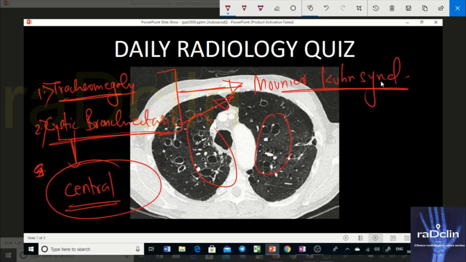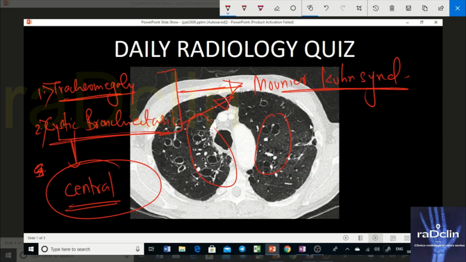Now, what exactly is in this syndrome? This syndrome can present even in middle age or in childhood, in which the patient characteristically has lost elastic tissue fibers and muscle in the airway, and that is why these airways are prone to infection. They develop infection, and an infection-bronchial obstruction cycle ultimately develops into cystic bronchiectasis. Later, due to infection, there is a loss of cartilage also, that is secondary. So this is a typical cystic bronchiectasis, central in origin, and tracheomegaly, tracheobronchomegaly to be precise. If you see these two findings together, remember Mounier-Kuhn syndrome.